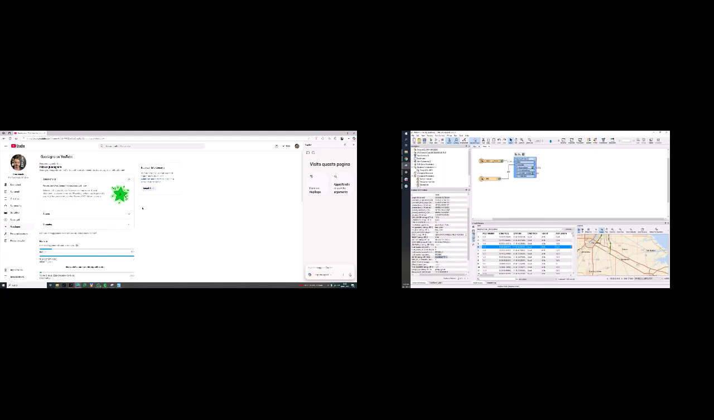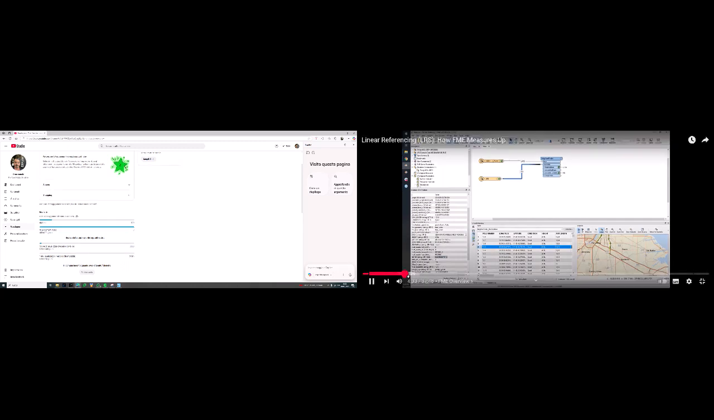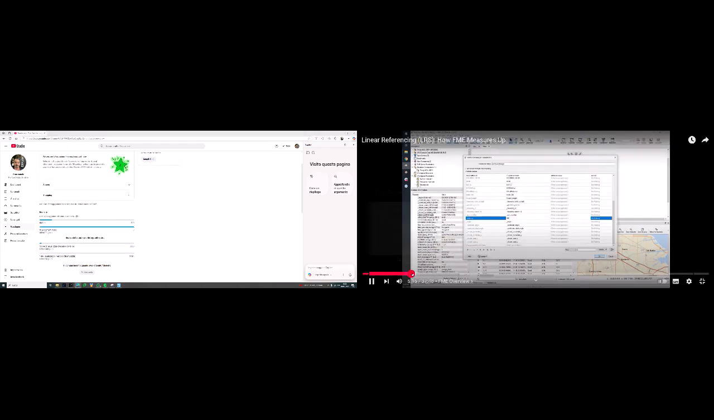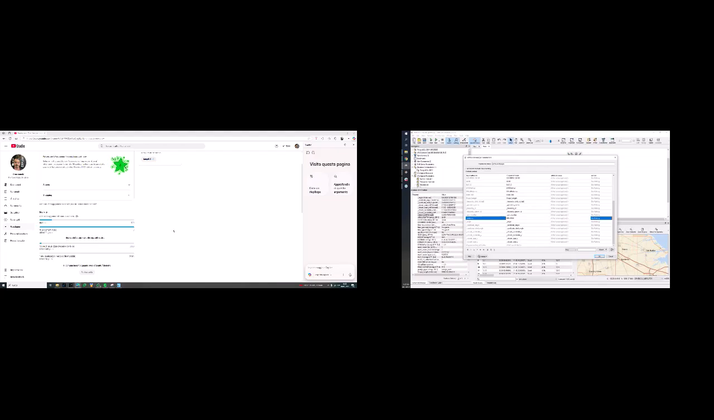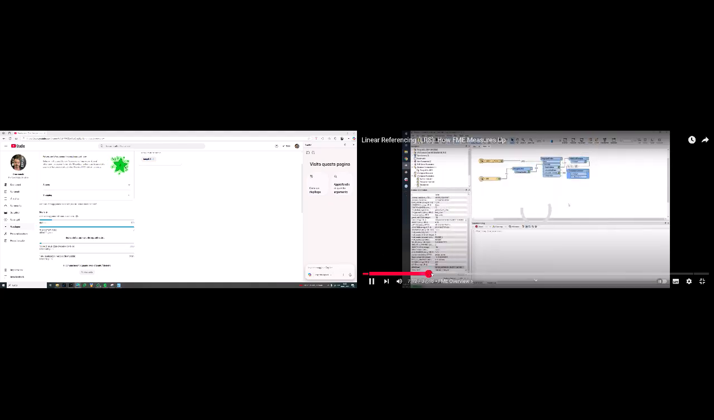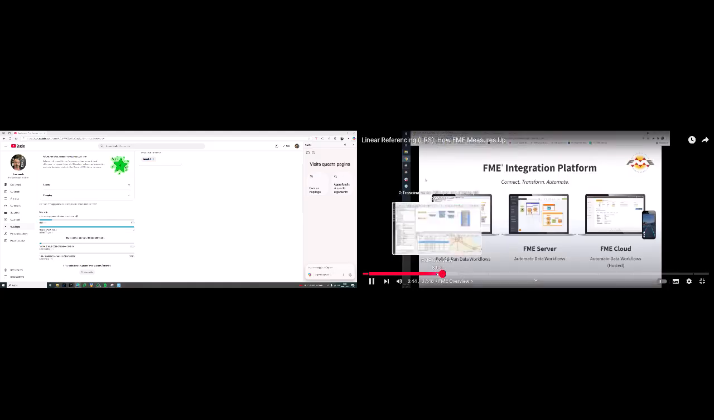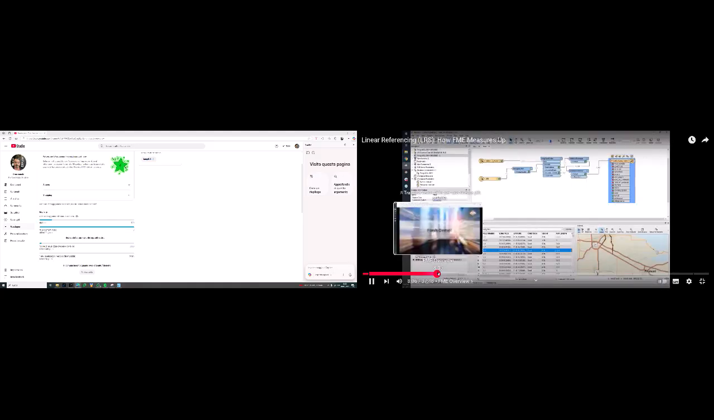Now the neighbor finder actually doesn't really work very well with multi-line features. So hopefully, if you want to have that ID of the route that